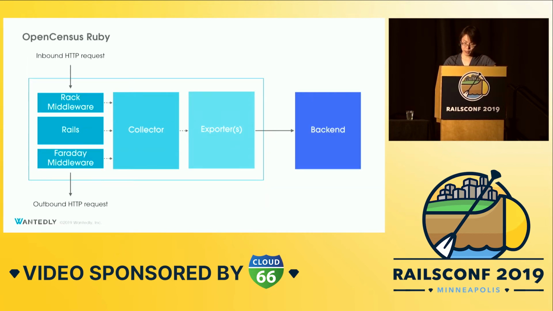In the case of Ruby on Rails, it provides Rack middleware to handle an inbound request. It extracts the current trace context from the HTTP header and creates a new span in the process. To handle an outbound request, it provides Faraday middleware. It sets the HTTP header to propagate context and creates a span. And by default, it also captures common events within Rails, like database queries of Active Record, or rendering the view template of Action View.